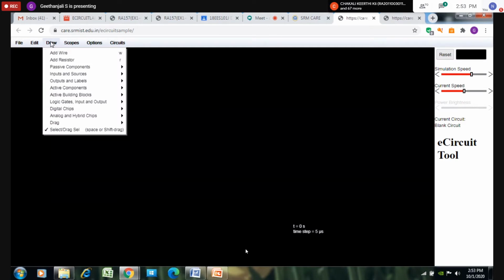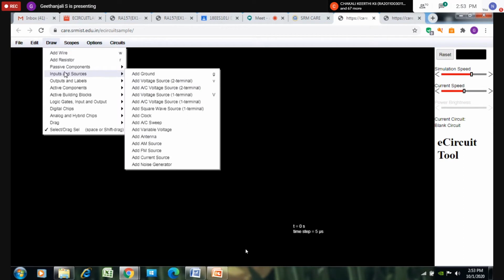You have to go to the draw, input and sources. So next you go to add voltage source 2 terminals. Then you draw, then keep it here. Only one alone we need. So delete another one.